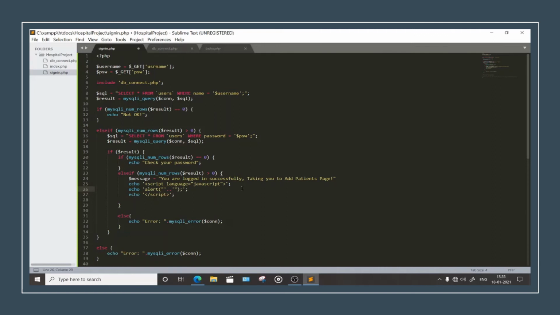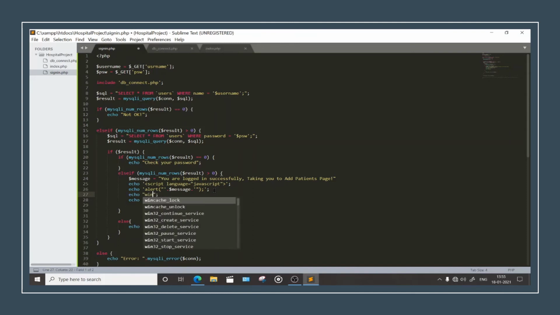So now we will be concatenating here $message. Okay, and well, let's just see. Now you need to specify one thing. Echo, write with me, type with me: window.location. This thing is really important. Equals, make one bracket. Well, this is not needed. Just pass one string here, colon of JavaScript,